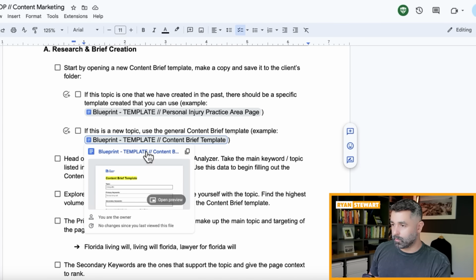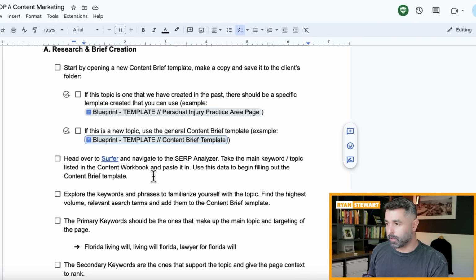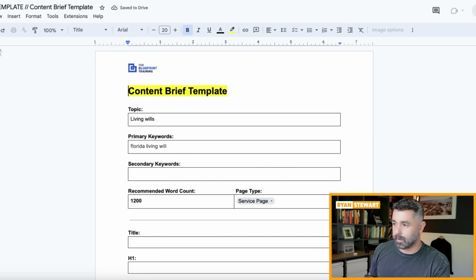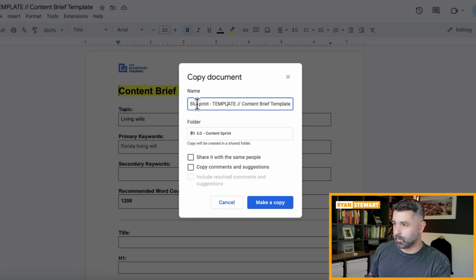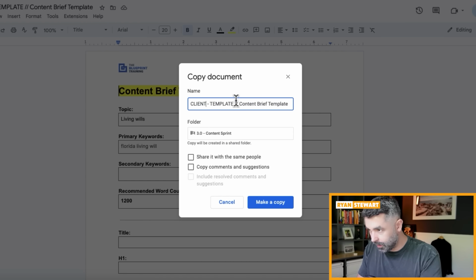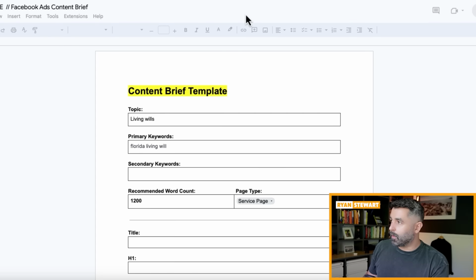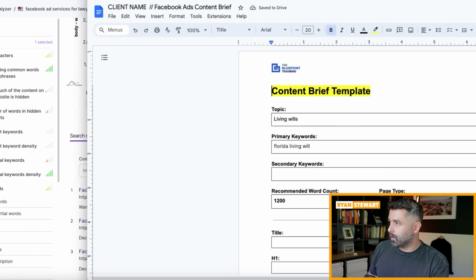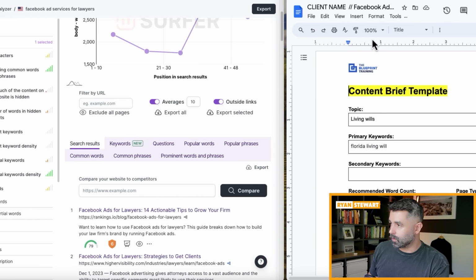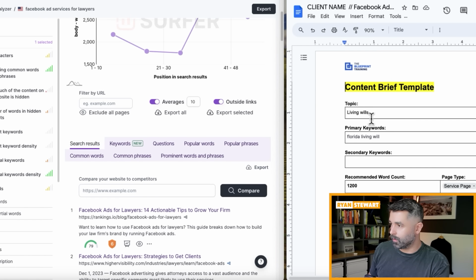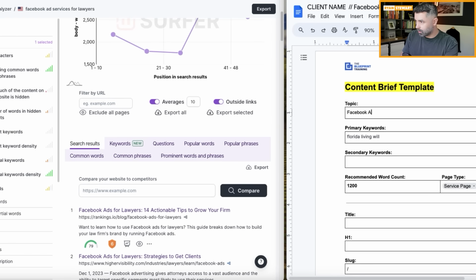What I forgot to do is actually pop open a content brief template, because we do want to fill one of these out. So I'll make a copy of this. Let's say I'm doing this for a client, this would be the client name. I get rid of the template, and then put in Facebook ads content brief. Let me pop this open side by side with what we're doing here, because I'm going to fill this out as I go to build this topic. So if the topic is Facebook ads for lawyers,